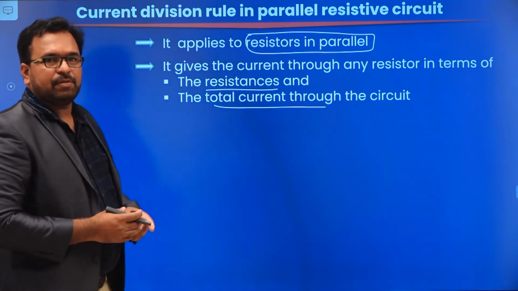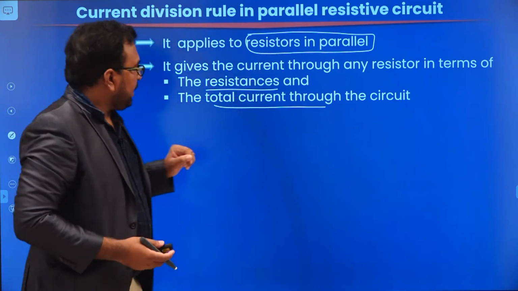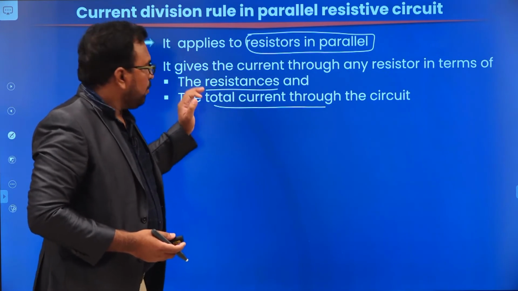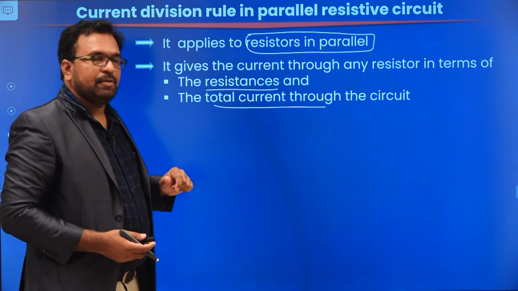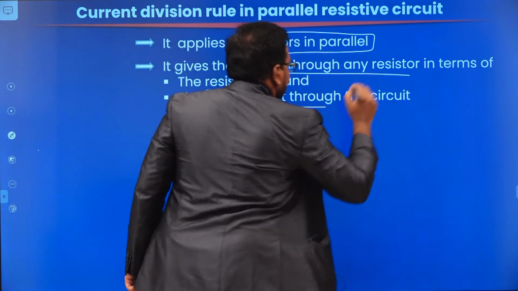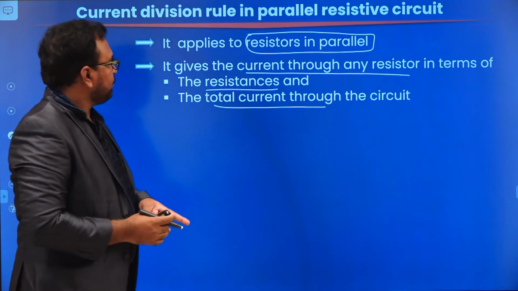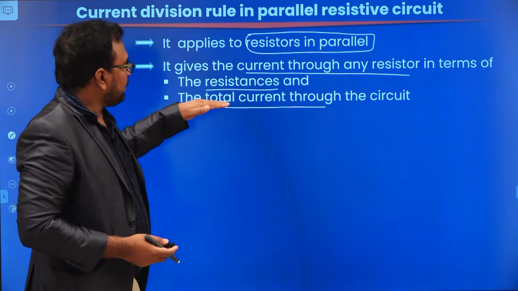In voltage division rule, the voltage across each resistor will be obtained in terms of the resistances and total voltage. Similarly, here in case of current division rule, the current through each resistor in a parallel circuit can be obtained in terms of the resistances as well as the total